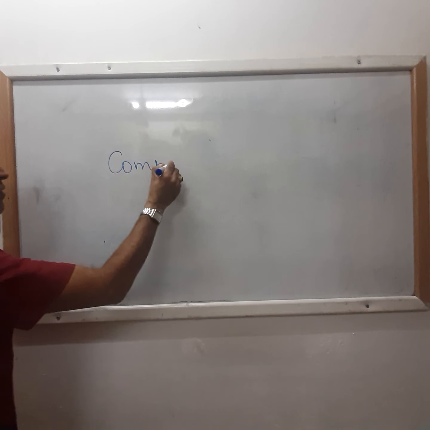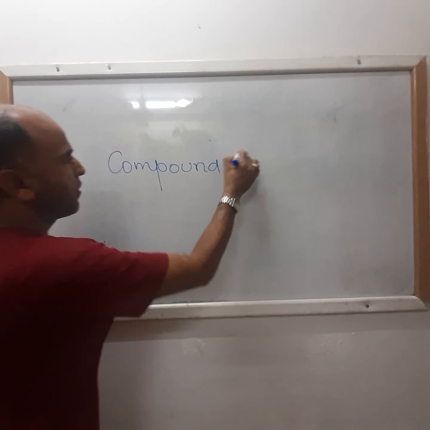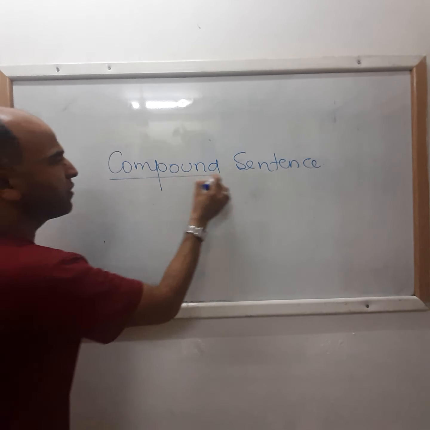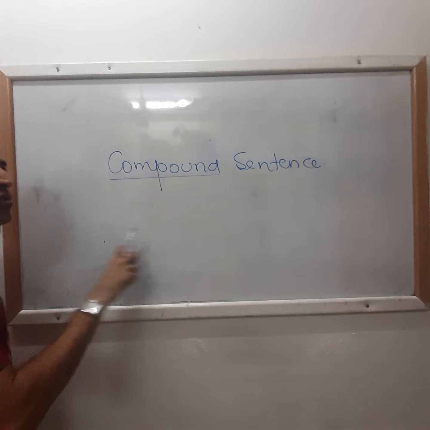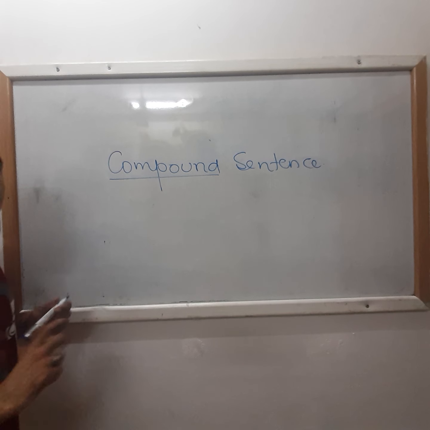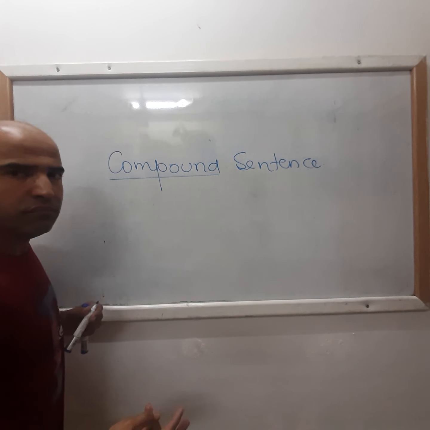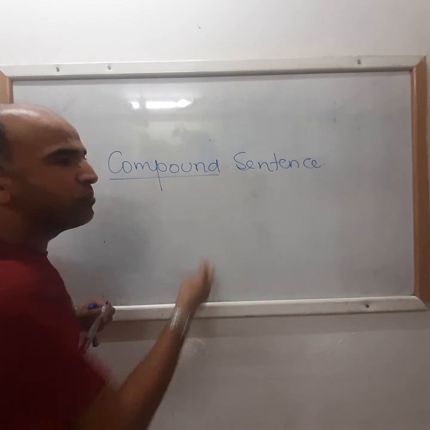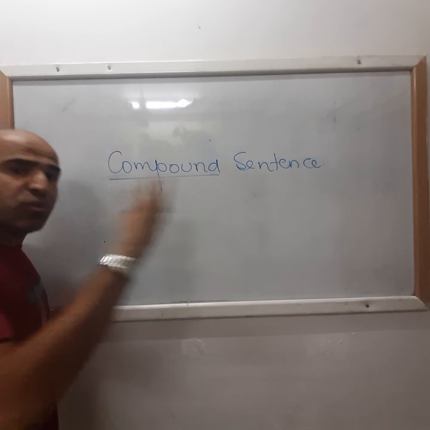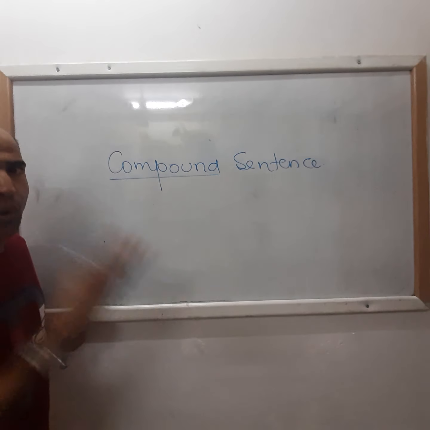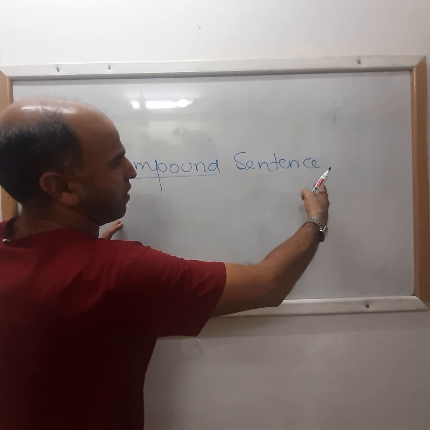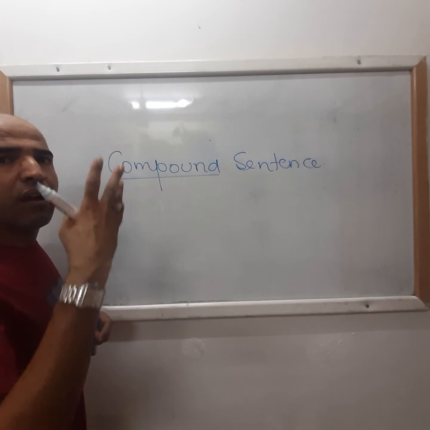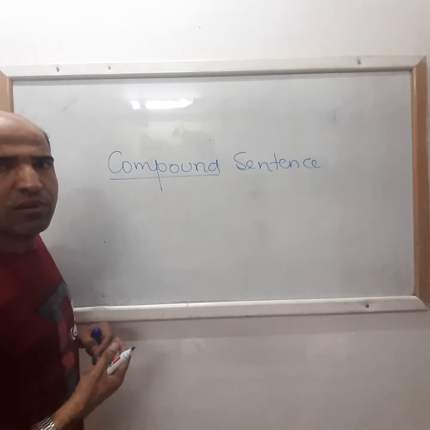Compound sentence. Clear? Compound means combination or mixture of. So a compound sentence is a mixture of two independent clauses. Two independent clauses means you can say it is actually a combination of two sentences, and those two sentences can stand on their own. But these two sentences are joined by any of the seven coordinating conjunctions. Okay? For example,